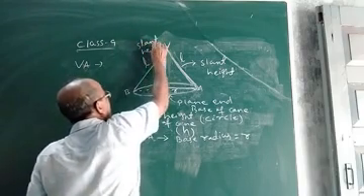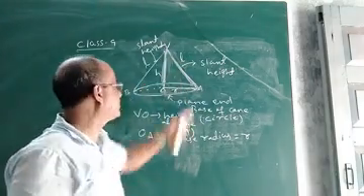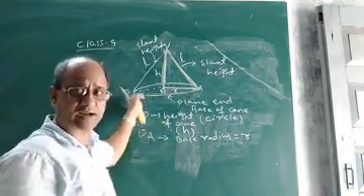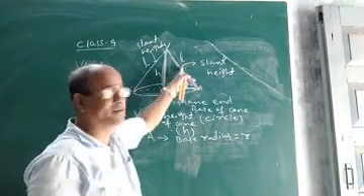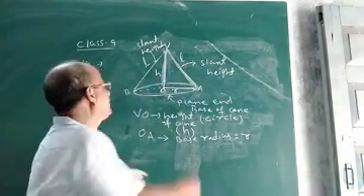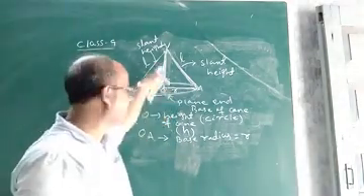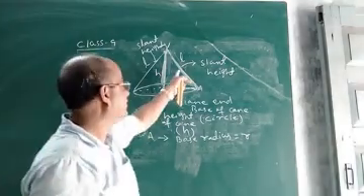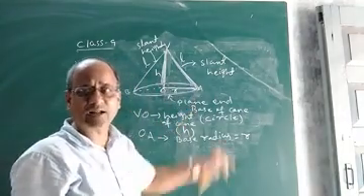That means in this cone, VA is the slant height. VB is another slant height, and they are of the same length. The two slant heights are the same. It is denoted by L. L stands for the slant height of the cone. This is L and this is L. And this is H, the height, because it is the line segment joining the center of the base to the vertex. Now you can easily define the term slant height of a cone.